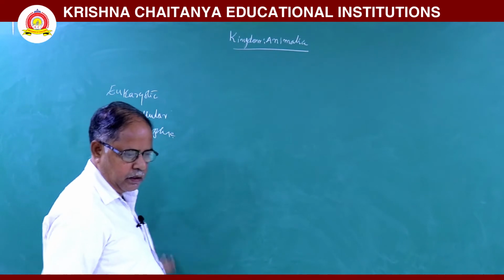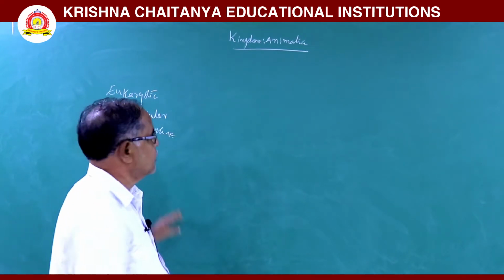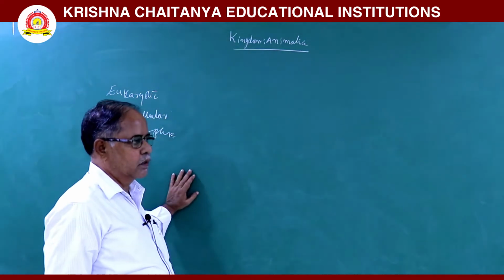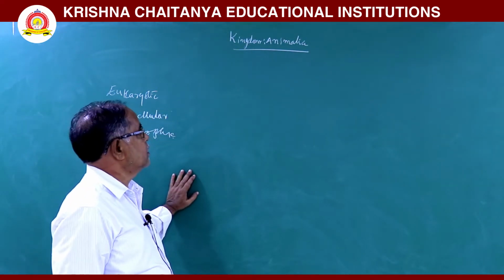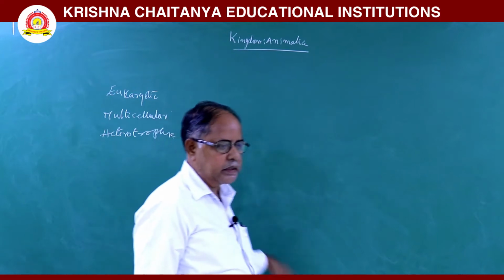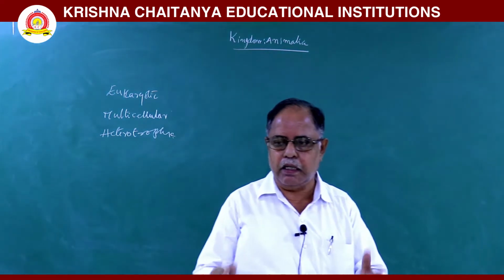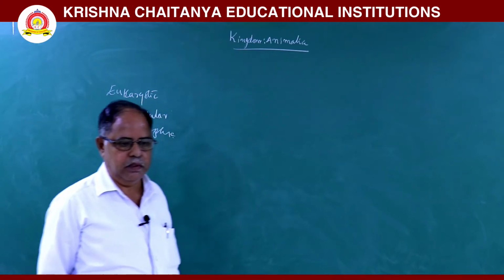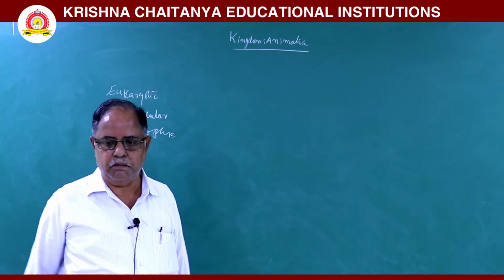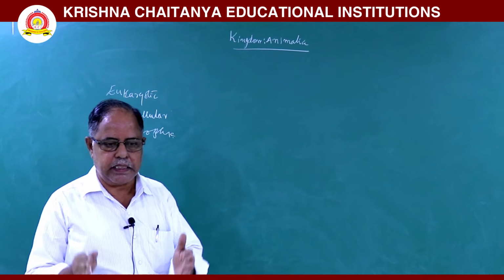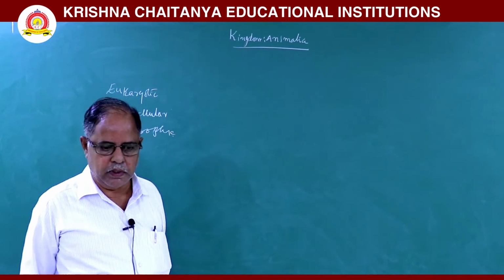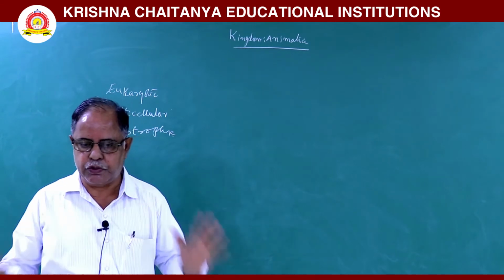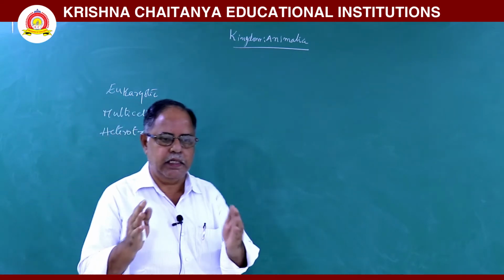Next, classification of Animalia. Next, the Animalia is further classified into two sub-kingdoms based on presence and absence of the tissues. In some, tissues are not formed. In some, well-defined tissues are formed. By this character,